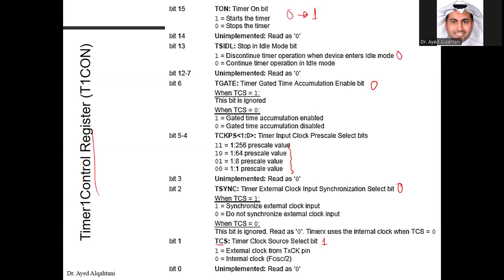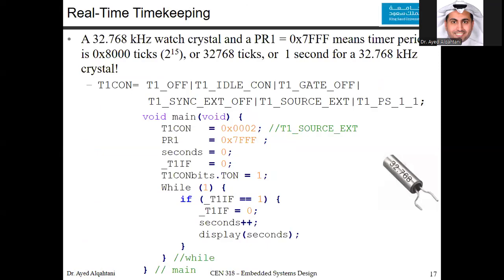Now, how can you do the real-time timekeeping? You do it this way. What is the usage of this? This is, by the way, the crystal that I just mentioned. This is the external clock source. That's one example for it. Also, you can see that the frequency is typed in within the crystal itself. So the 32.768 kilohertz watch crystal, which is this one, if you choose the PR1 to be